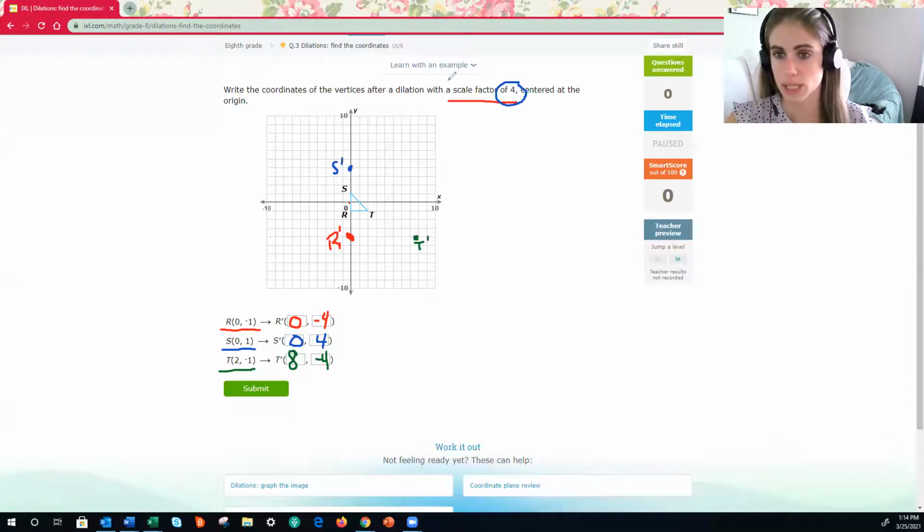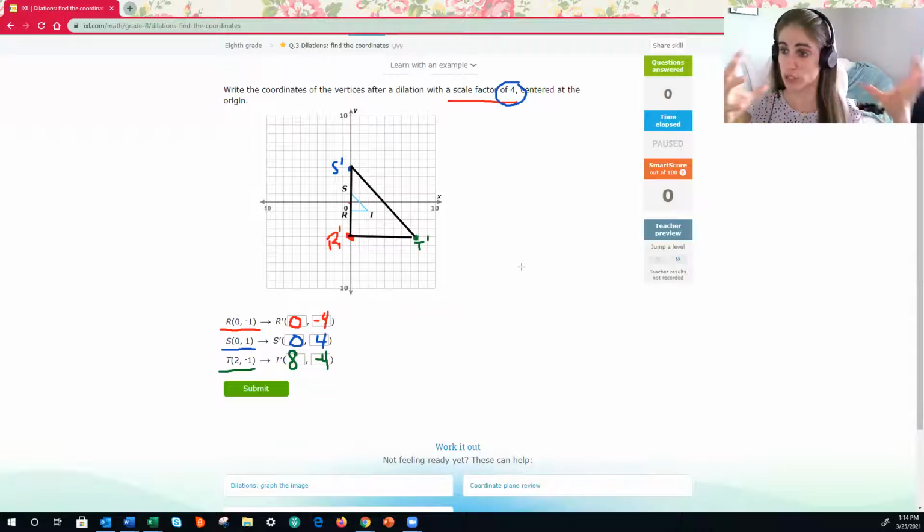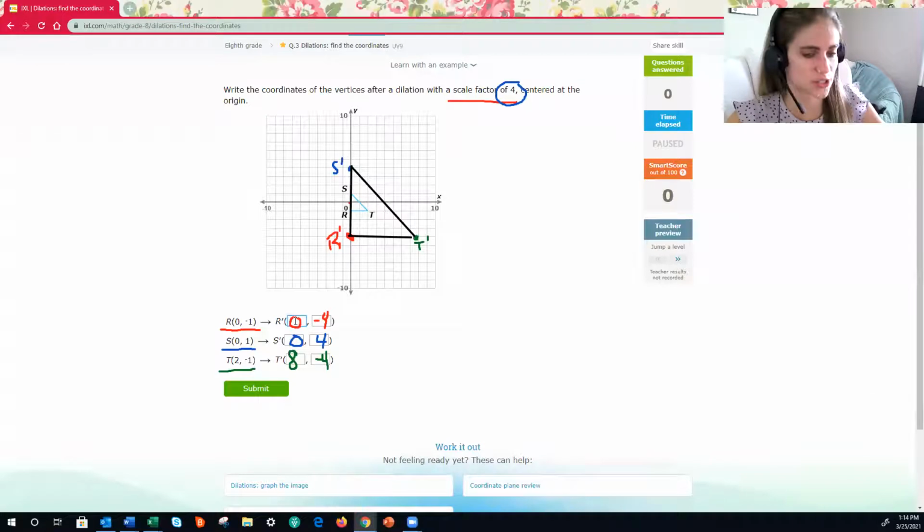Let's grab some lines here, because I know that if I try to draw the lines, it's not going to be very pretty. We now have our dilated triangle. See how it's larger? It was dilated by a scale factor of 4, which means it's going to increase in size. All right, let's type these answers in